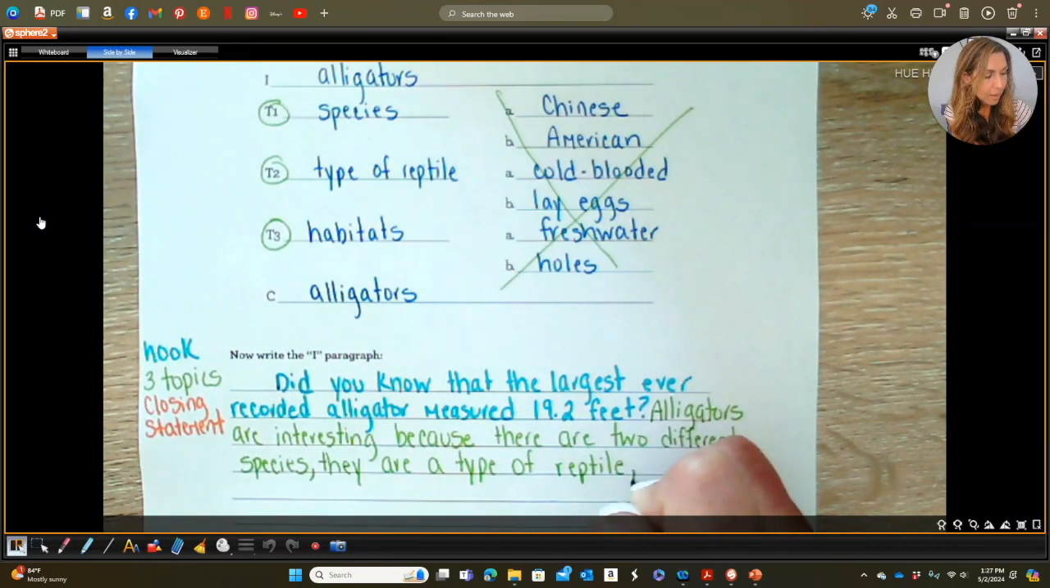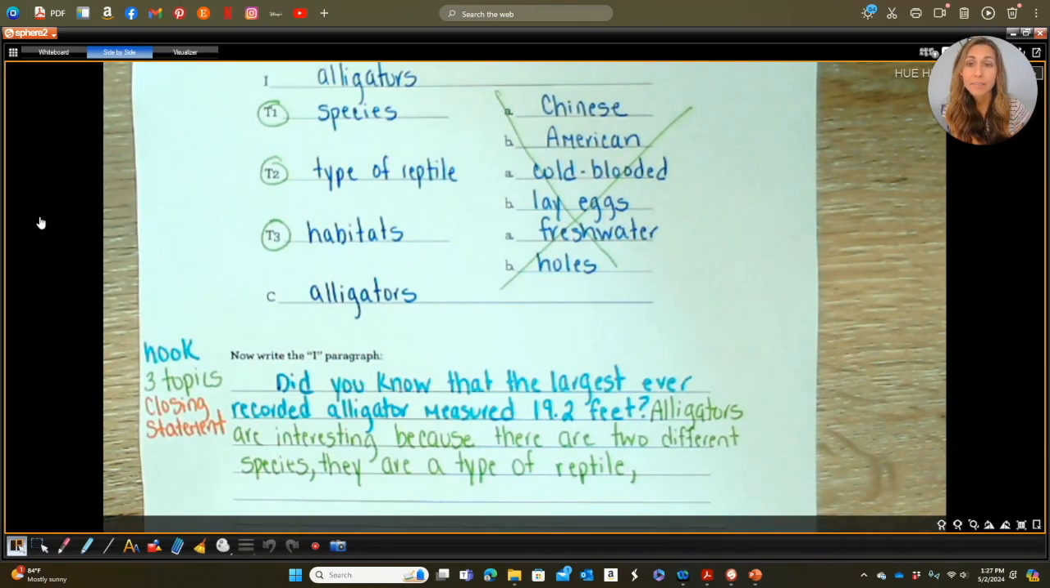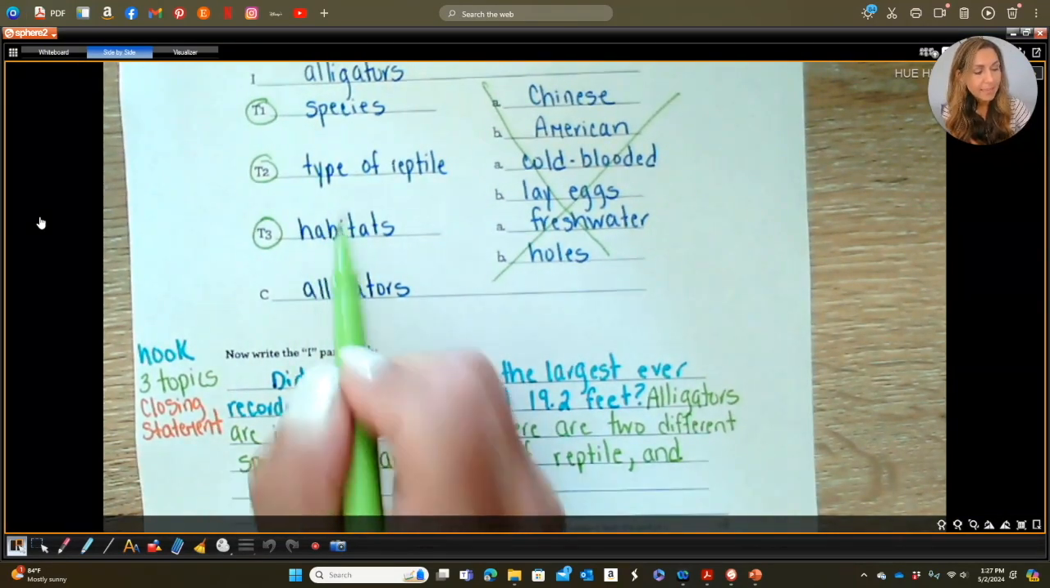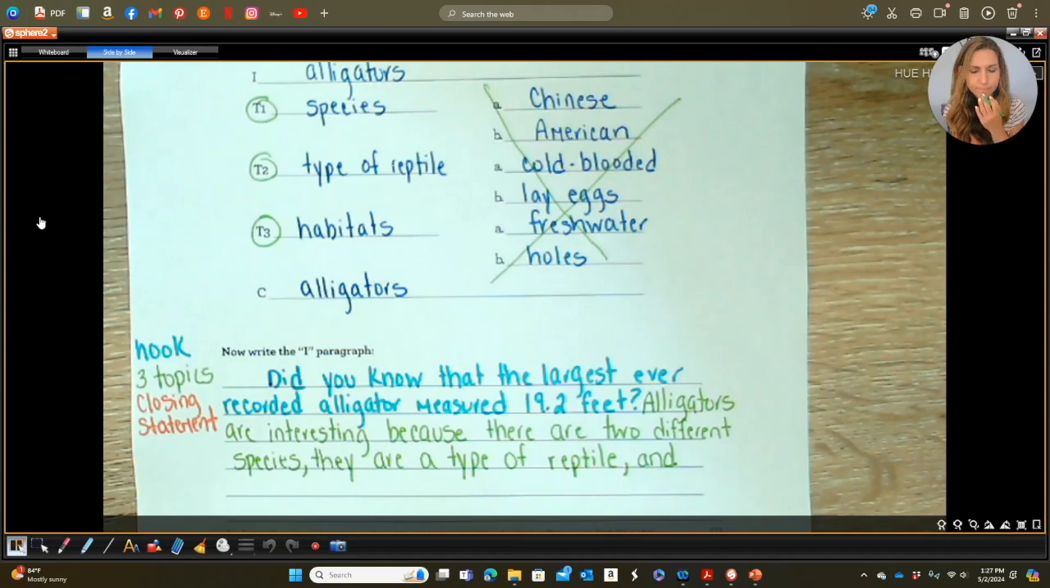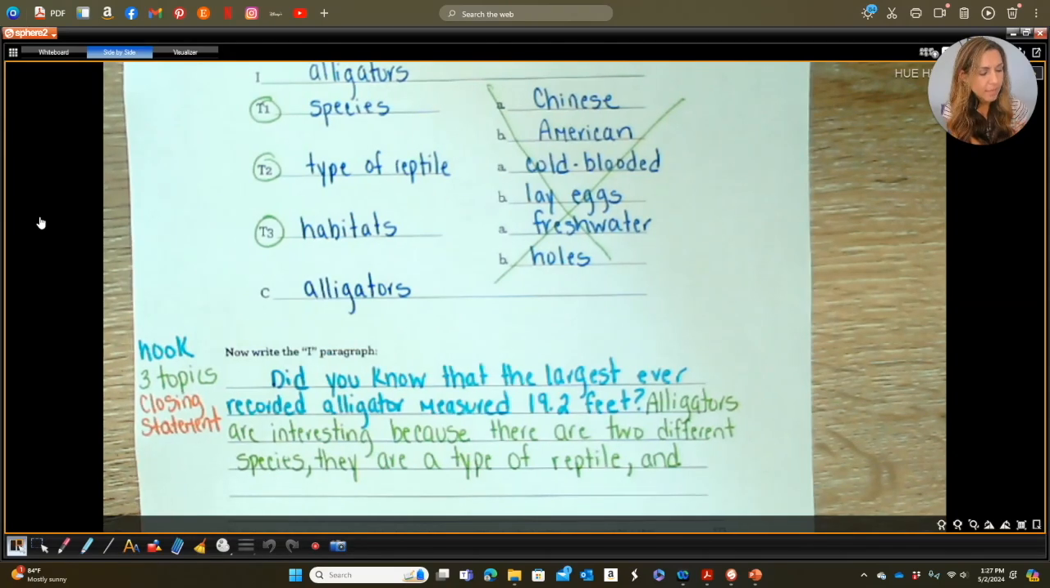Then I will put a comma because I'm getting ready to list my third reason. I'm going to put the word and because when I'm making a list, I have to put and before my final item. And habitats. That doesn't sound quite right. How about and they live